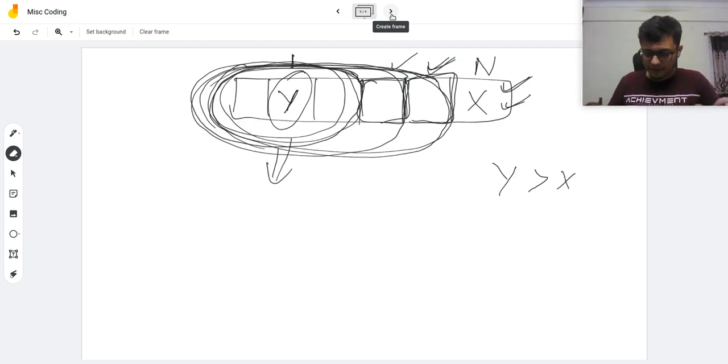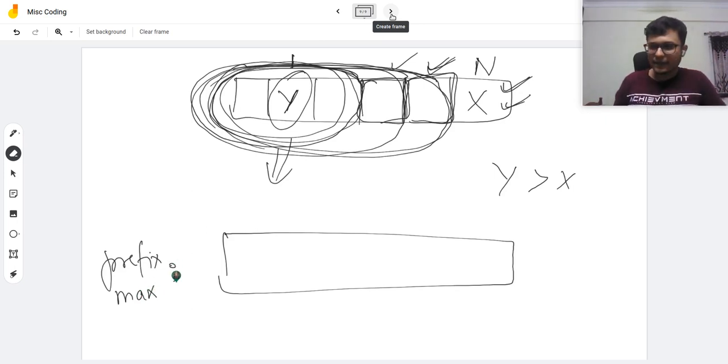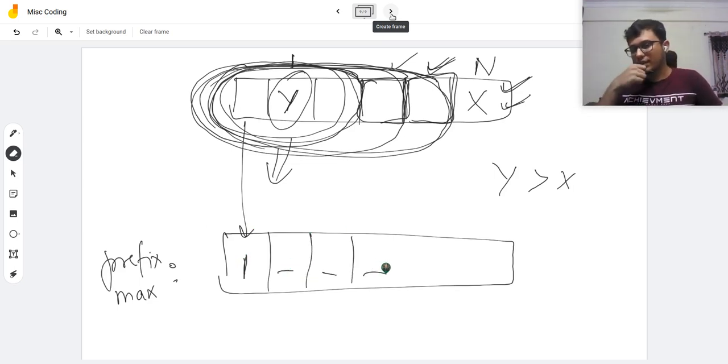The idea is highly simple. We'll calculate the prefix max, right? So we'll use this prefix max array here. We'll populate it, as we saw in the early part of this video. We'll place the first value itself here, and then we'll keep on populating this prefix max as we saw using the example during the early part of this video.